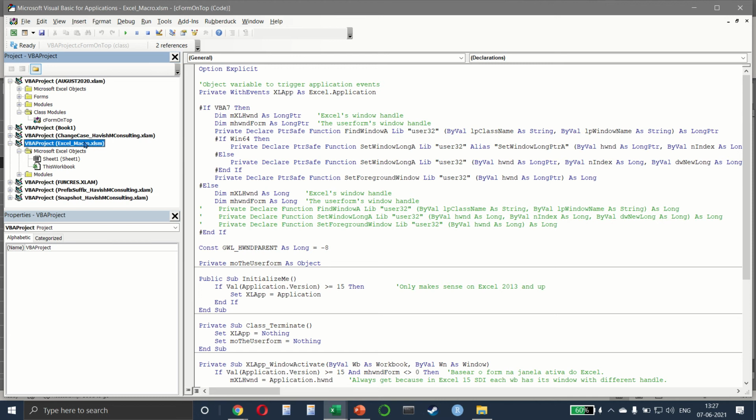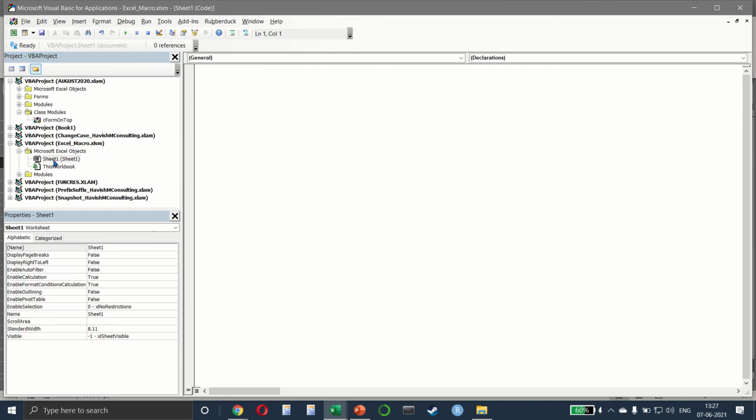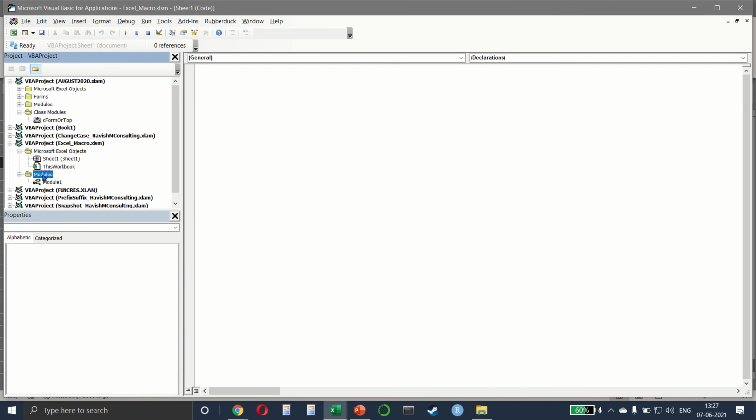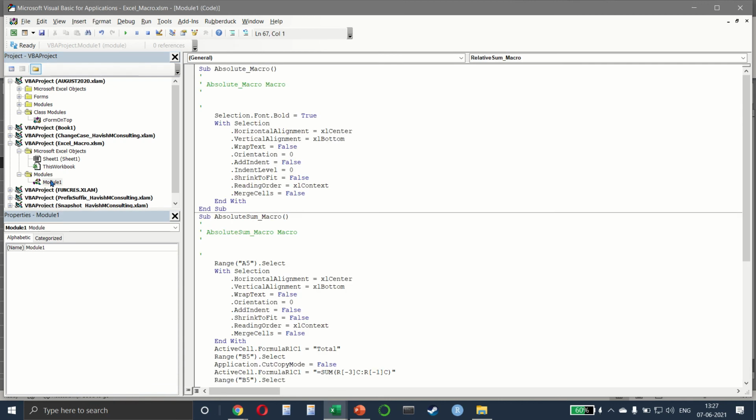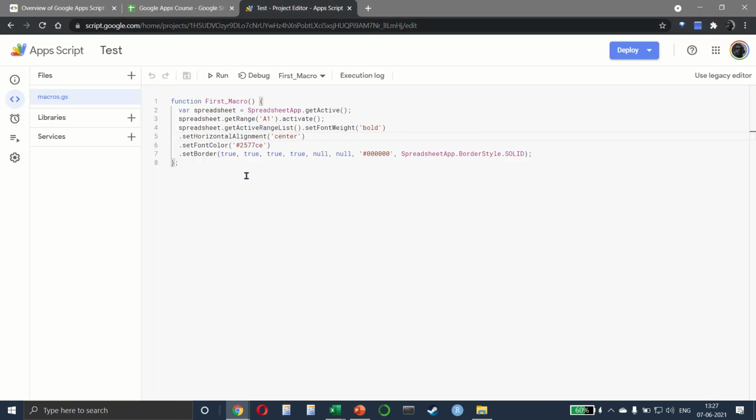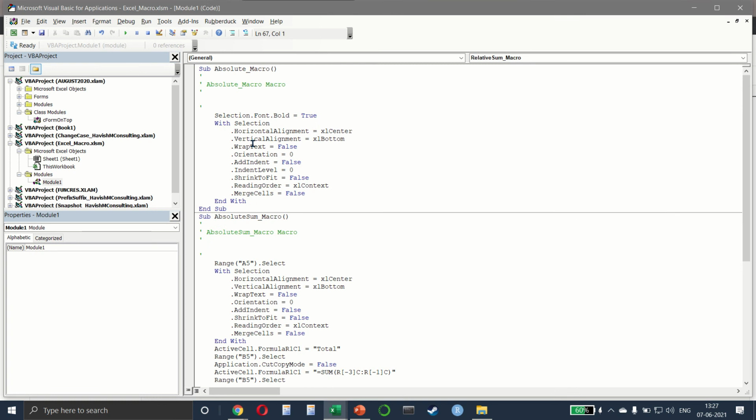And now we click on Excel macro. And you can see here that we have sheet 1, we have this workbook, and in modules we have module 1. And this everybody is where the code has been recorded. So in Google, this is where the code was being recorded. And in Excel, this is the environment where a module has been created and the code is being recorded.